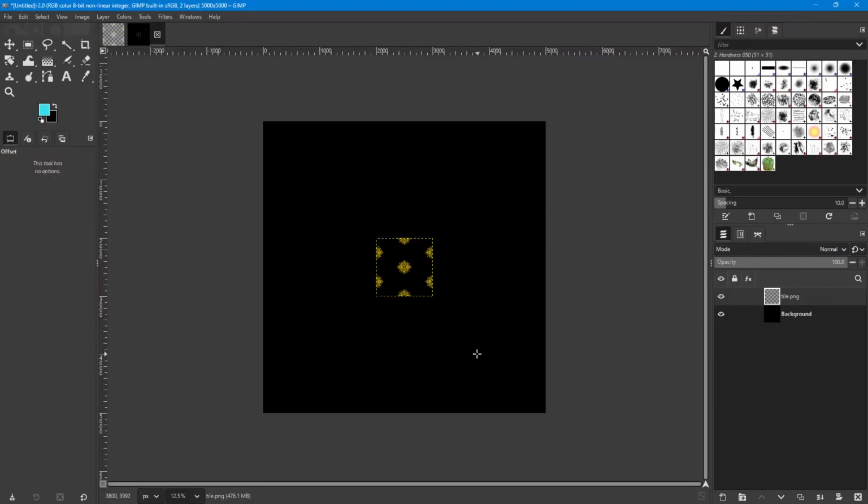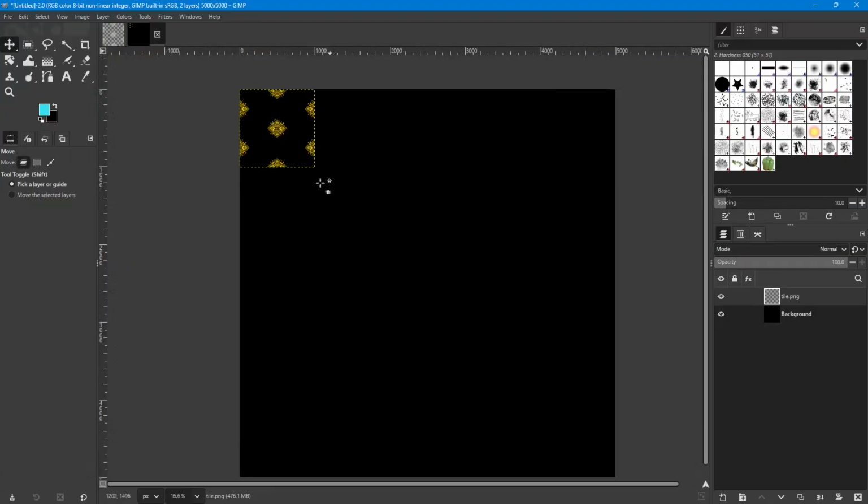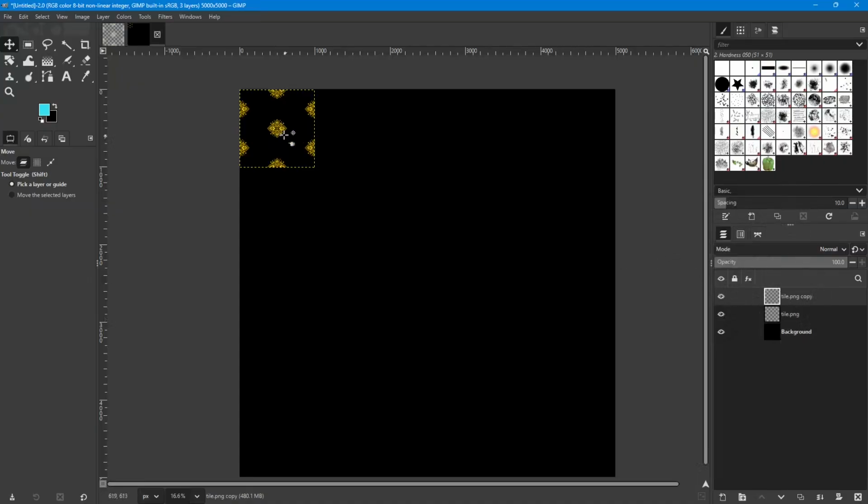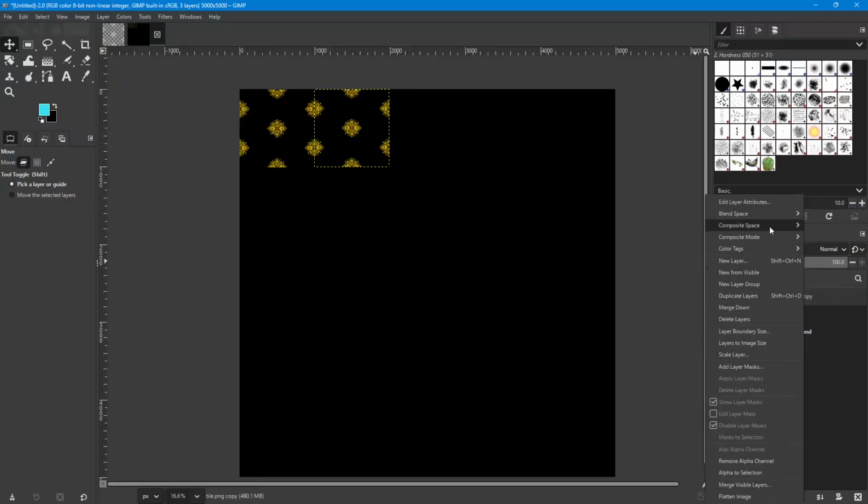Then with the move tool we will select this tile, and I'm just kind of showing you what would happen if you duplicated this. Duplicate that layer and then put it next to this one. Now I'm not going to take the time to line them up exactly, but you see what's happening. And if we duplicate that again